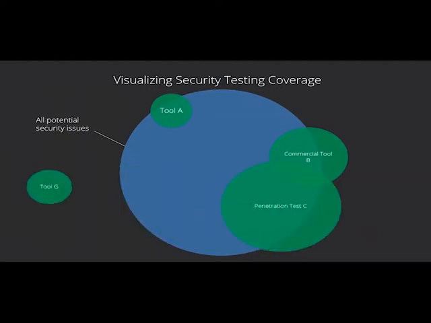And then if we extend that onto penetration testing and running other tools, we can see how this starts to affect our security policies. Are all the issues in purple or blue here issues that we will never consider in our found issues and therefore in our security scope? Are there overlaps? For example, tool G here is maybe completely wasting time because it's already finding issues that have already been covered by penetration testing and commercial tooling. This has a direct effect on the type of aspects of our security policy that we want to have addressed.